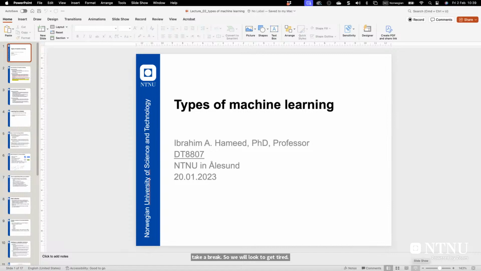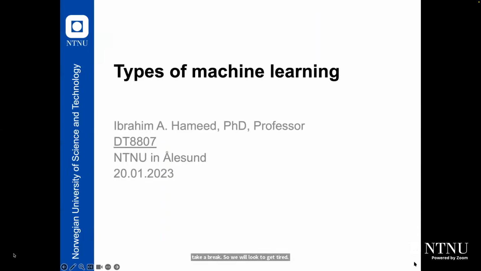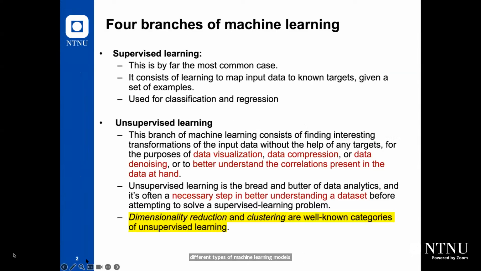So, types of machine learning. We need to talk about different types of machine learning models. Quickly, there are 4 branches of machine learning. We have supervised learning, and in this course we will work with supervised and unsupervised learning, in fact. Supervised learning is by far the most common case, because when you are working with data, you want to build a machine learning or AI model which can perform at the same level as human intelligence,